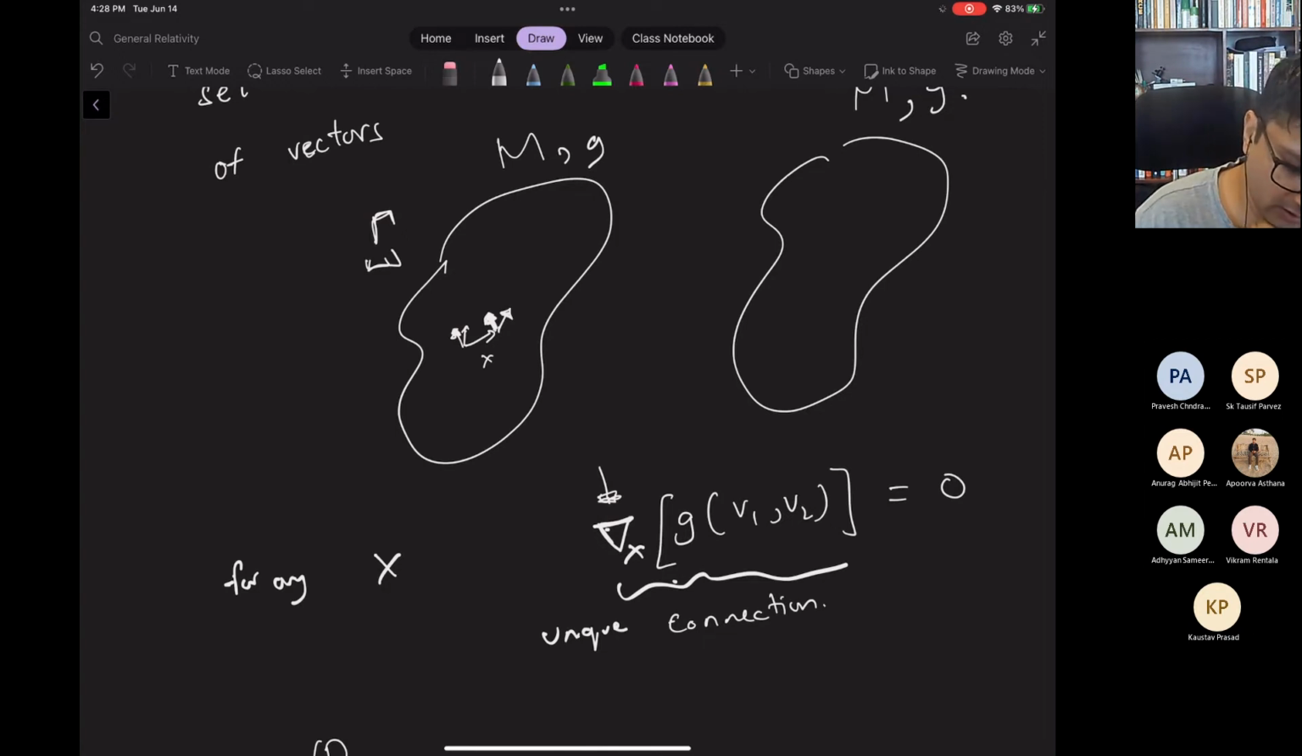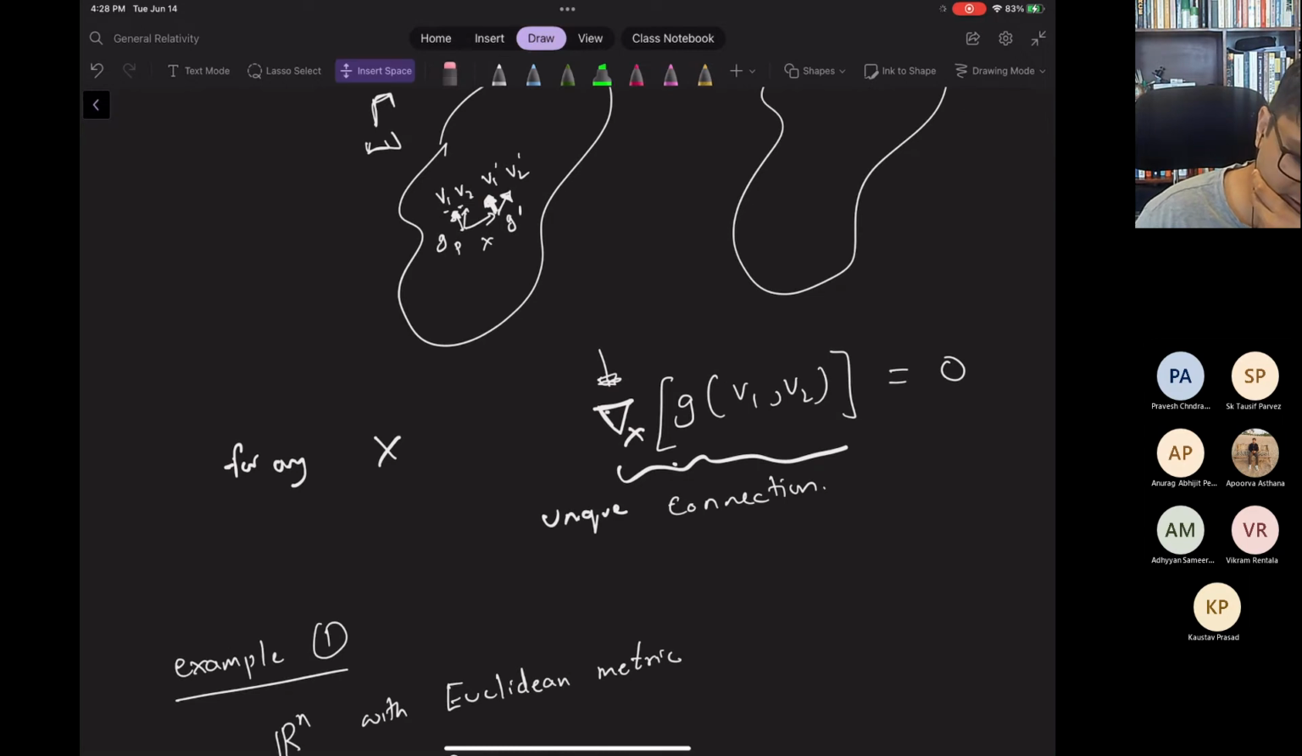here the thing that you are taking the inner product of, this is V1 and V2 at the point P. This is V1 prime and V2 prime at the point P prime. And there's a metric G at this point, and there's a metric G prime at this point. Okay, so what we're saying with this equation is something like